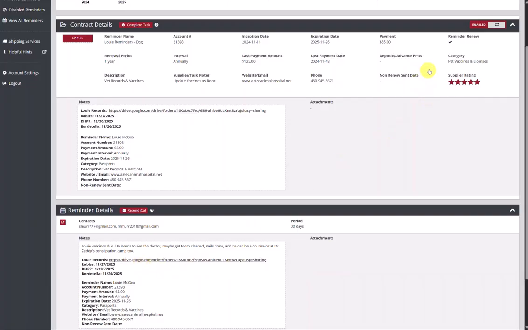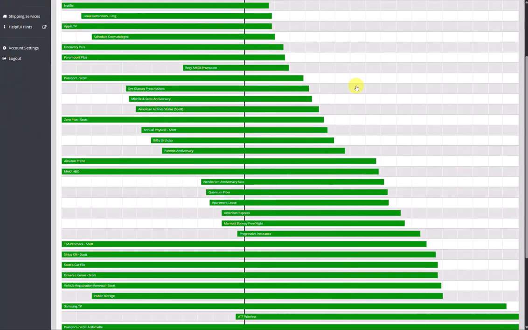And if you've got the renewal set on it as well, the reminder renew here is set for 1 year. So every year these shots or vaccinations will come back. So this is going to reset, and these links are going to continue to have more and more data in them. So this can work on vehicles as well.